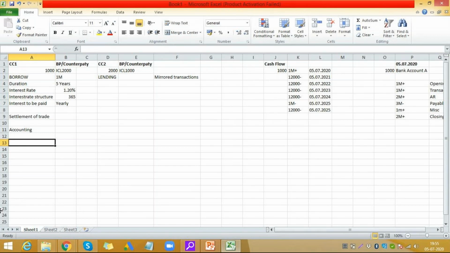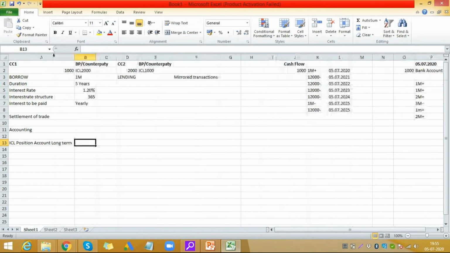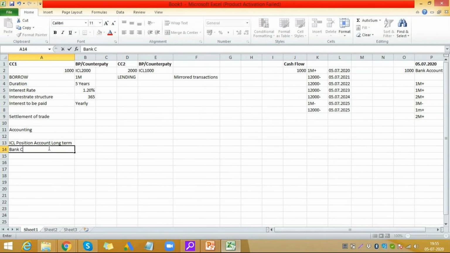So when a company is borrowing something, what are the accounts that are going to be hit? The intercompany loan position account, let me say long term. This is my GL account that's going to be hit, right? And my bank clearing, I would name it rather as payment request clearing.